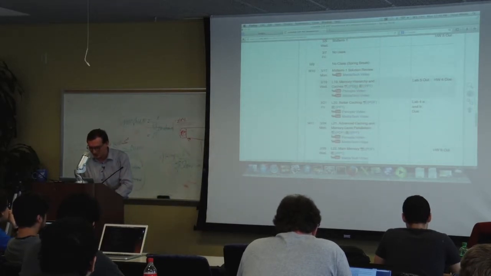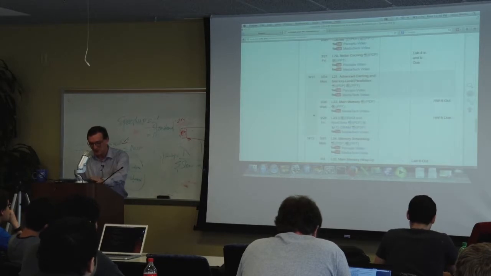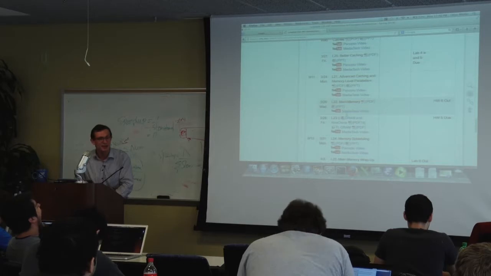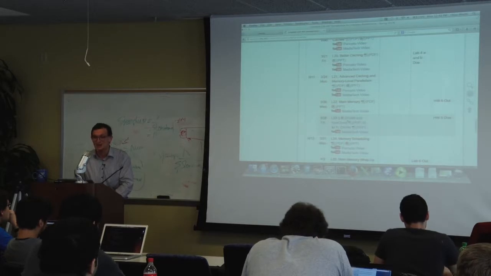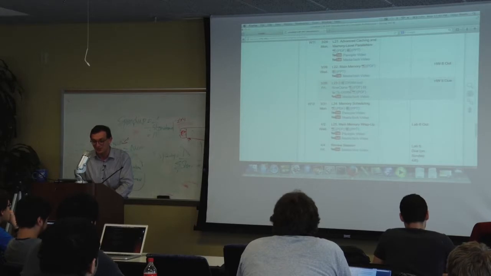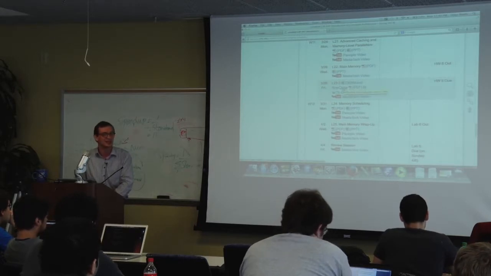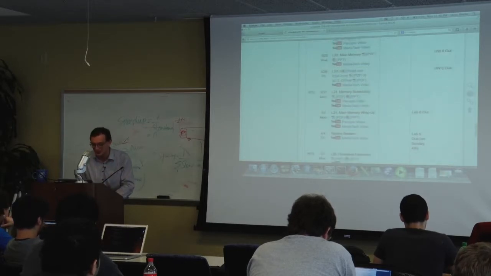Caches, locality, advanced caching mechanisms, memory level parallelism, the concept of it, how to exploit it. This is just to jog your memory so that maybe questions can come up. Main memory, how it operates, how it's organized. DRAM, some DRAM enhancements that we've talked about in the guest lectures, in Vivek's and Donghyok's guest lecture. Remember the RowClone idea, or tiered latency DRAM. These are all actually fundamental concepts. The ideas are building upon fundamental concepts, even though they're new ideas.